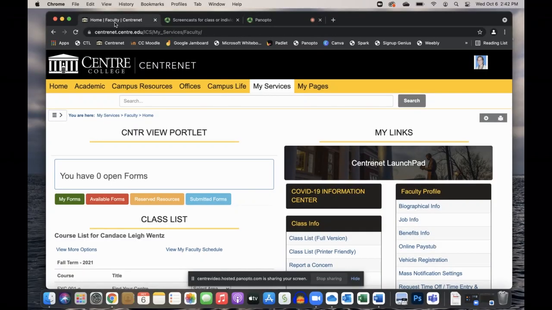In this screencast, we're going to learn how to log in to Qualtrics from the CenterNet portal. If you go to centernet.center.edu and log in,